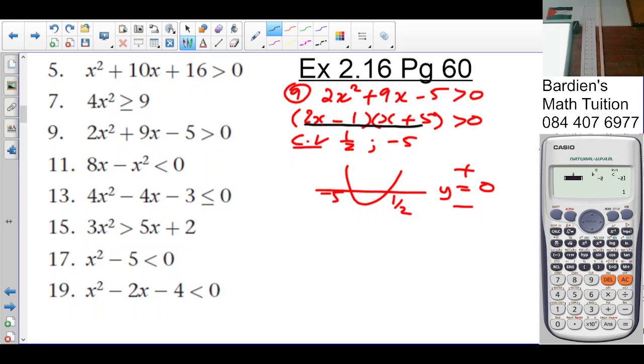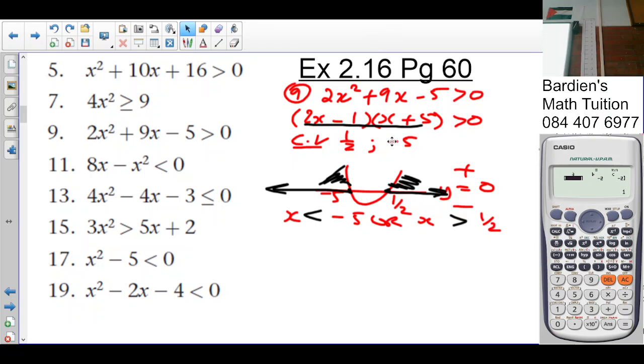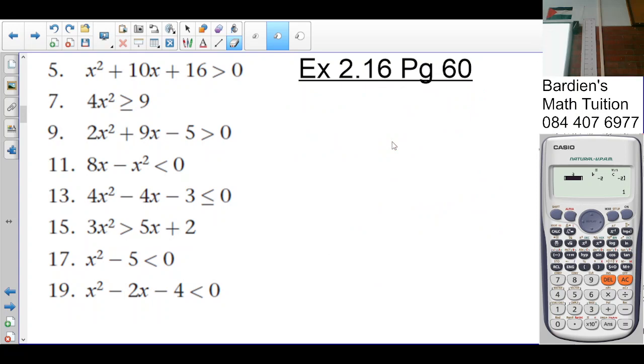There is a quadratic more than 0. So more than means above the graph line, not so? So it's going to be this part here and that part there. That's more than 0. So is this a continuous or a broken solution? Broken solution. So x is less than negative 5 or x is more than a half. So we say x must be in that direction. X must be less than negative 5, or x must be more than a half. Any confusion there? The next one